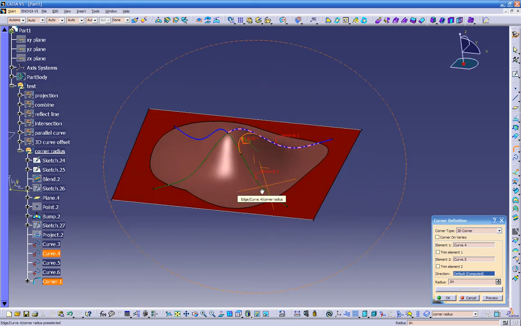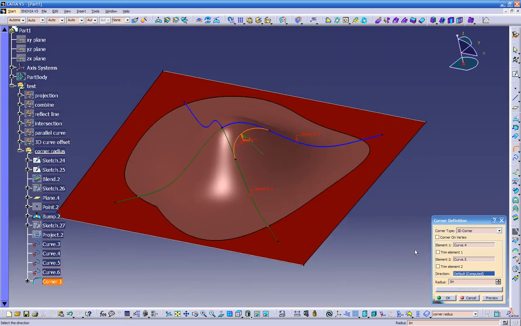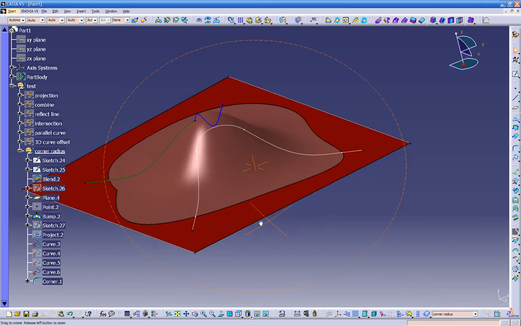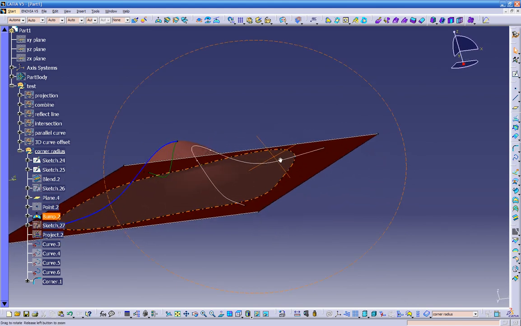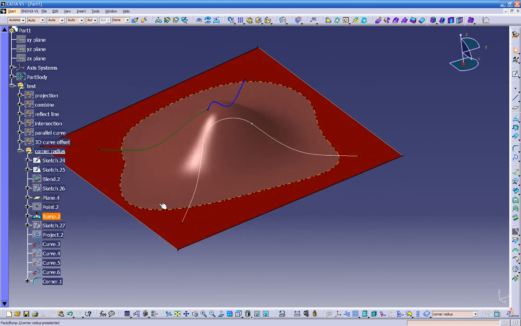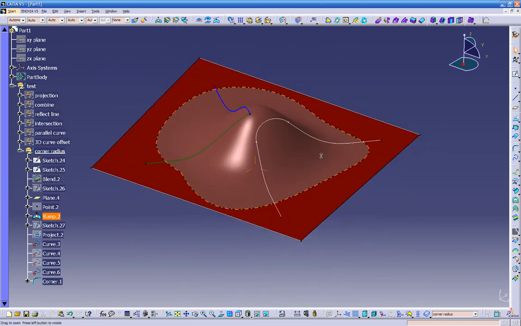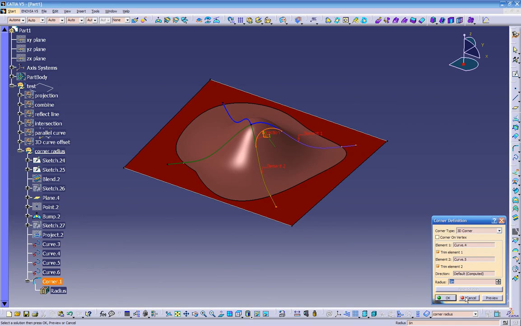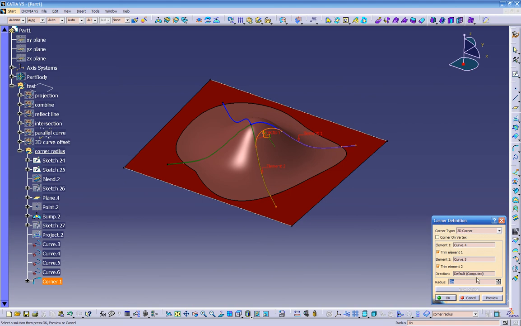So as you see right now, this is our direction, and you can have a couple options. You can click trim, and if you do a preview, it's gonna break it right here and just keep that. So that's our curve. That's our curve 3D. And actually, what we can do, let me delete this out of here